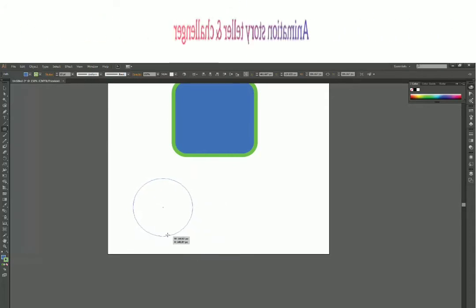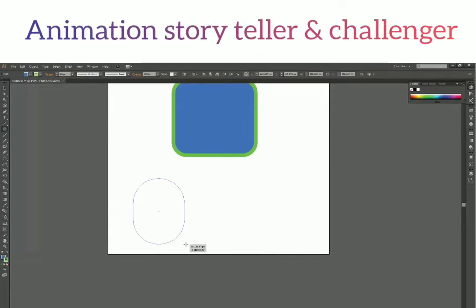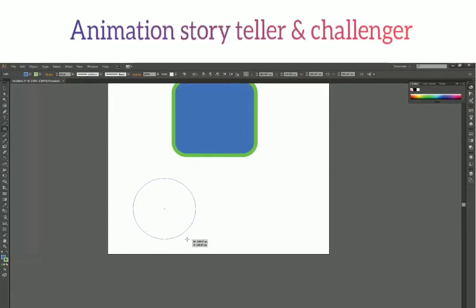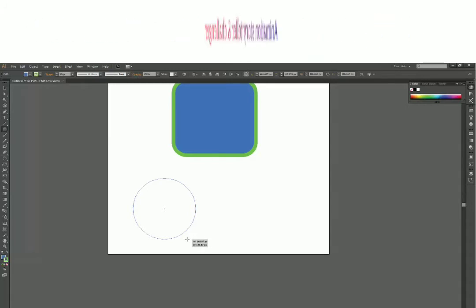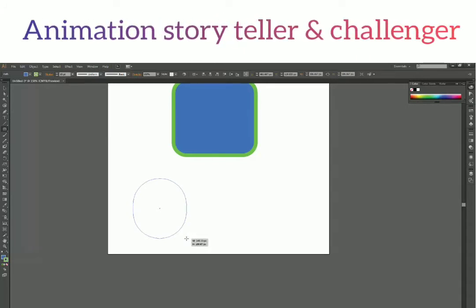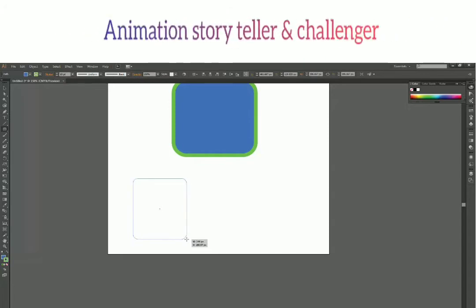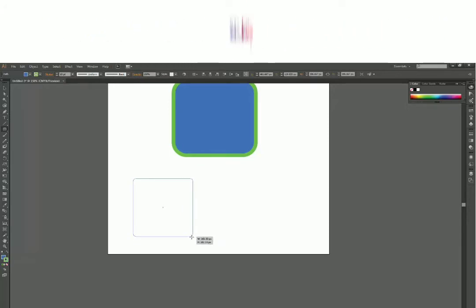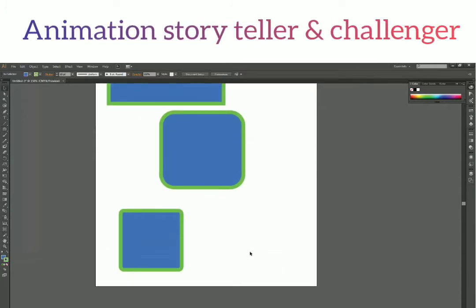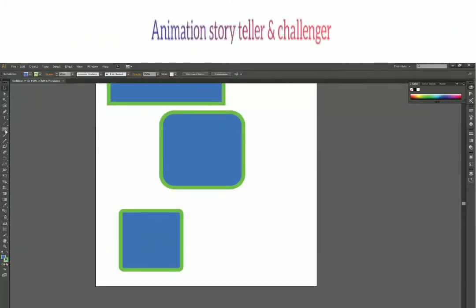You can make a circle out of it, but again, that's why we don't do that. We'll come to that when we learn about anchor points and all that stuff. For right now, just press the down arrow key and get back to some decent corner radius. Let's say this much. Okay, so this looks good. Now a word of caution.